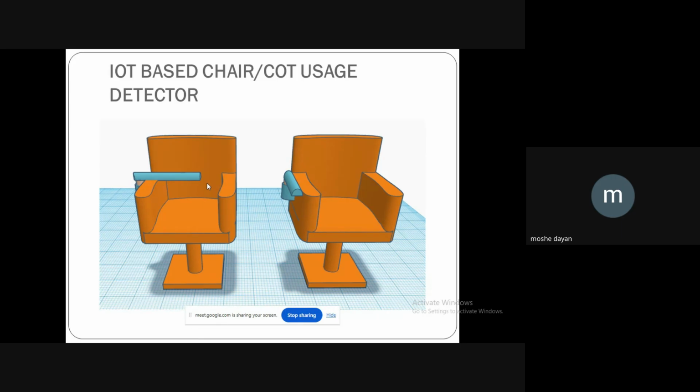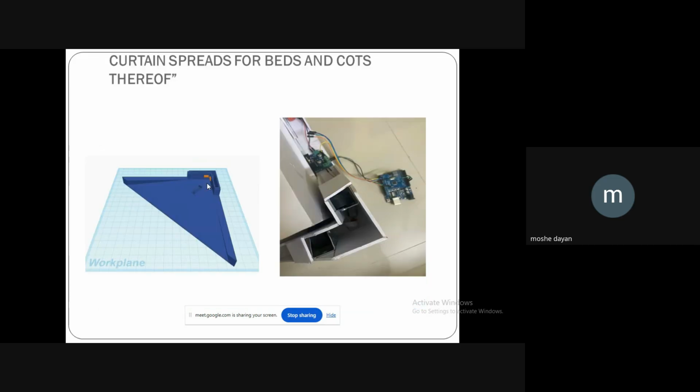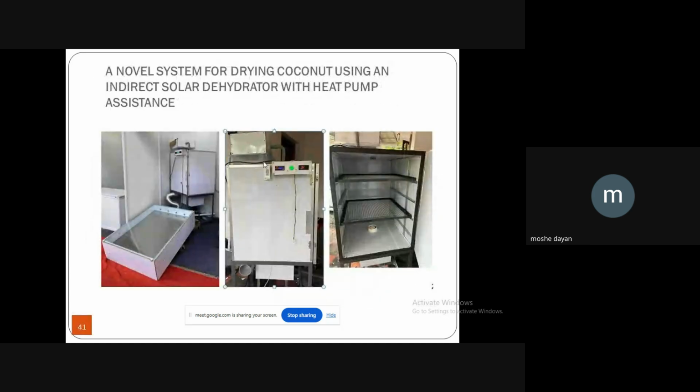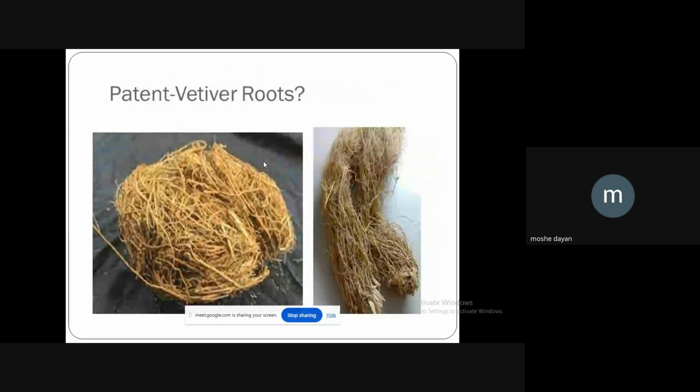So what the innovator can do with this, he can sell it to L'Oreal, he can sell it to Green Trends, he can sell it to Naturals, or any other salons which need this kind of an innovation. So yeah, these are some of the innovations which were filed recently, and amazing.